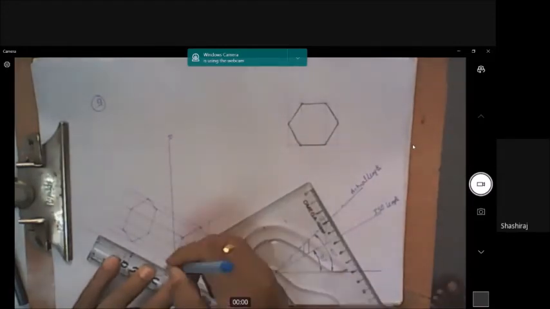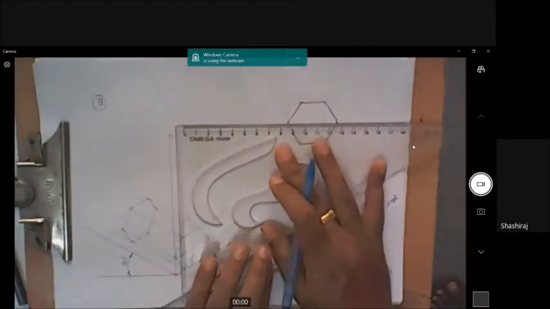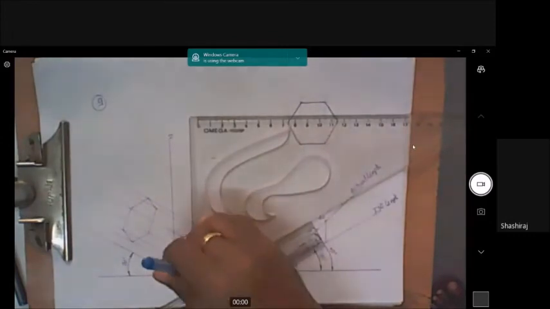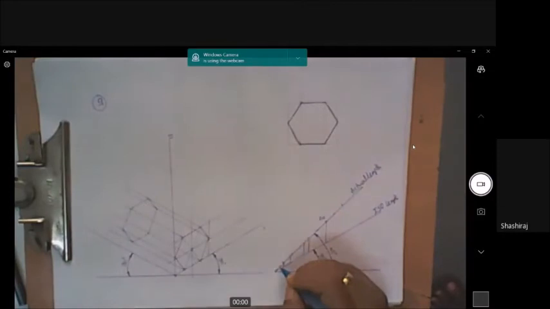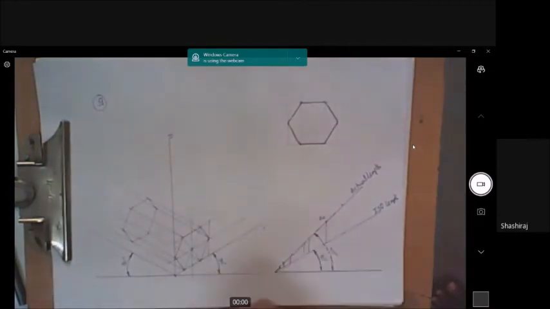I'll draw the axis first. Here, so I got two axes. Now what is the size of the square hole? It is 10 mm size, so either side 5 mm will come. So 5 mm you mark here and get the isometric length and draw the isometric 5 on all the sides of this axis.